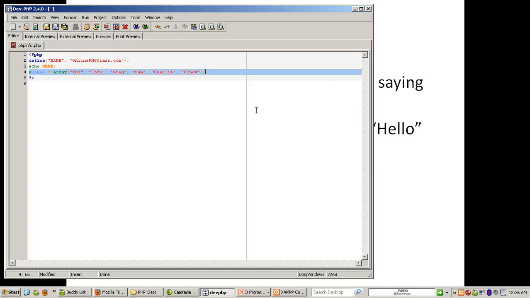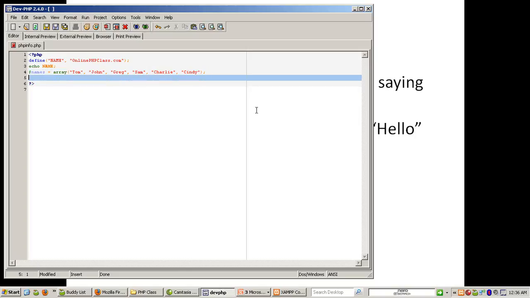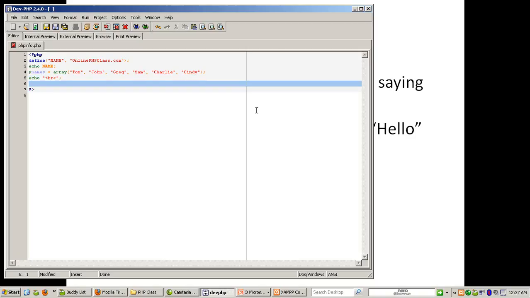Okay. And then echo break, and we want to echo them using literal indexes. And I'm actually going to put a break at the end, concatenate a break, so that all I need to do,